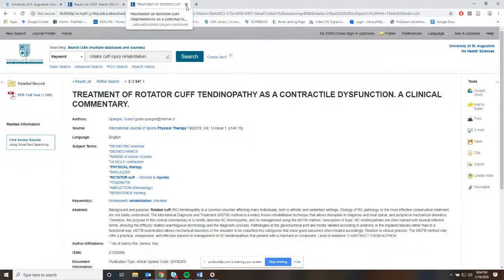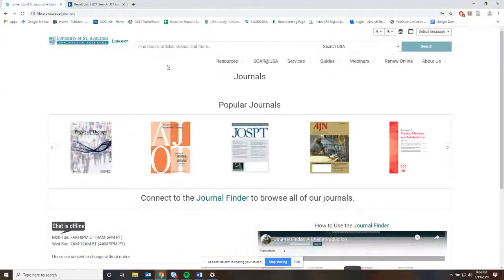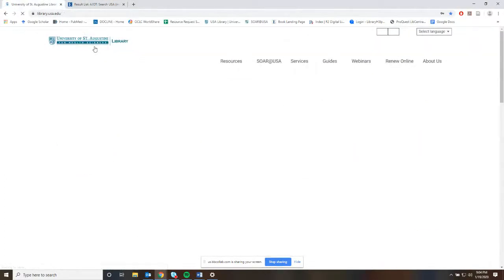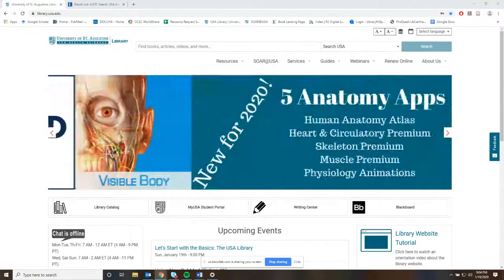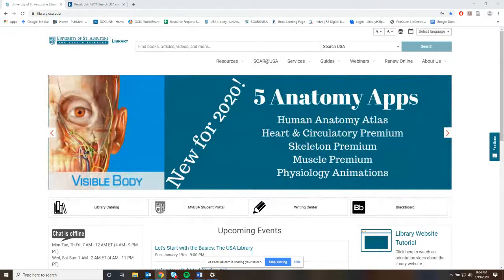Other than that, and that's a very general overview of the USA Library and its resources, that's pretty much all I have for tonight. I'll be more than happy to answer any questions that you have. I'm going to go back to my slideshow really quickly